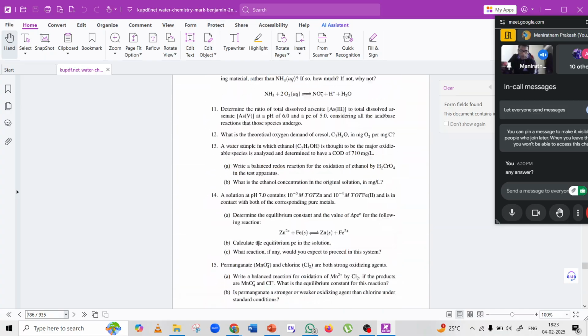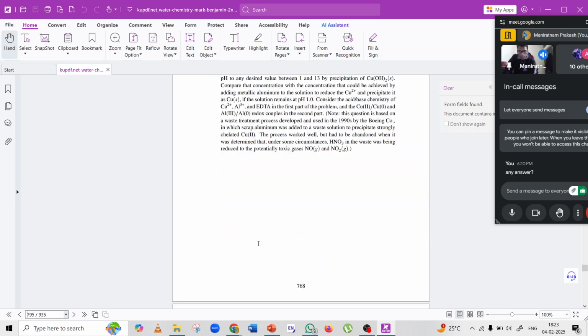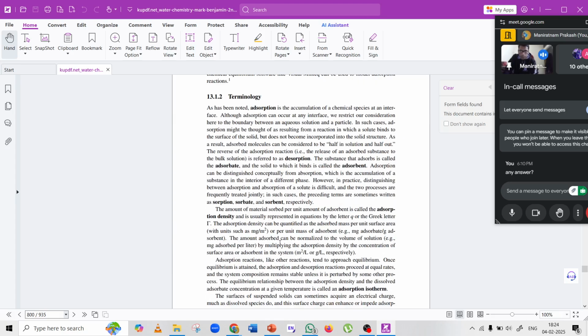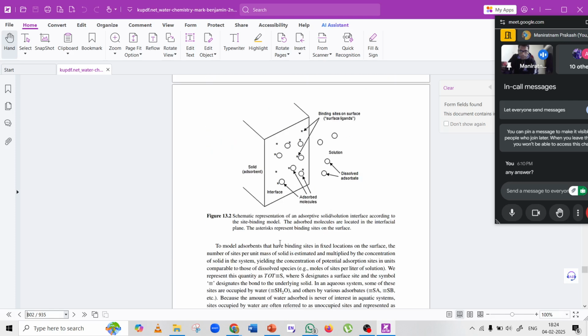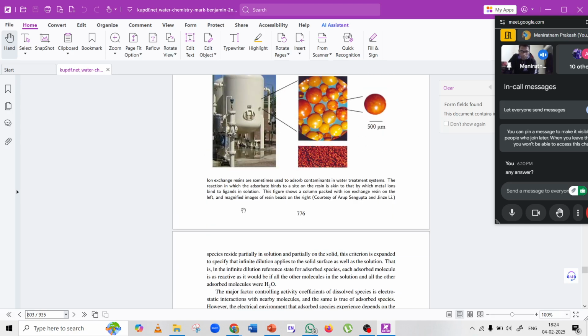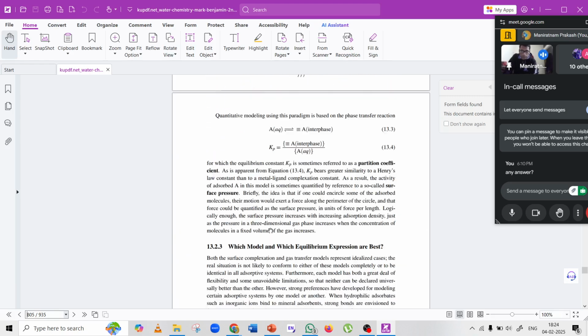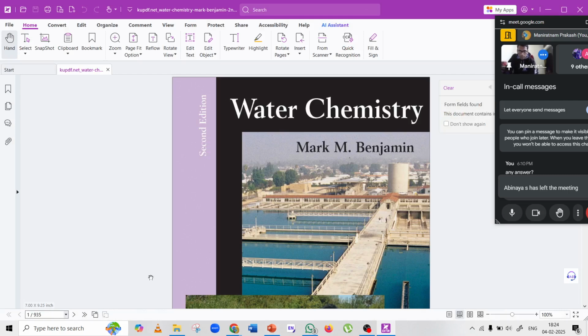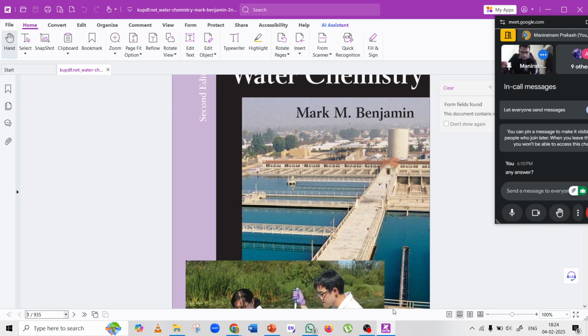In my MTech, my PhD, and during my work, I followed this book whenever I came to any problem. Here you can see how adsorption occurs in different conditions. There is a surface area, the adsorbate molecule will be there, and it will get adsorbed on the surface. Industrially, this concept is also used. This is available on the net, you can download it or take a screenshot. Water Chemistry by Mark M. Benjamin. Coming back to our discussion,